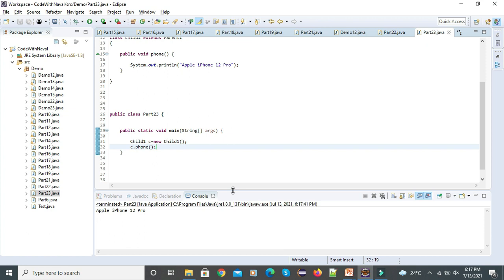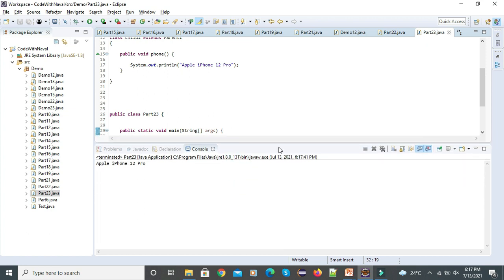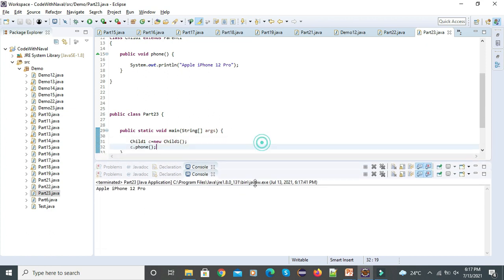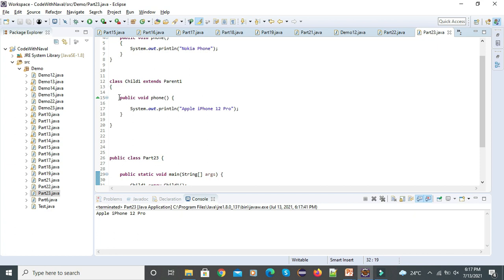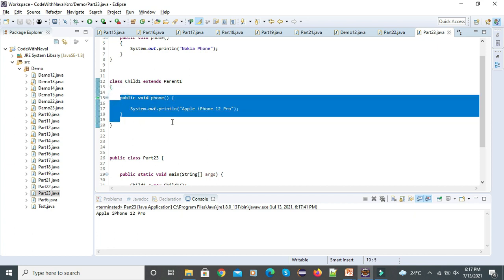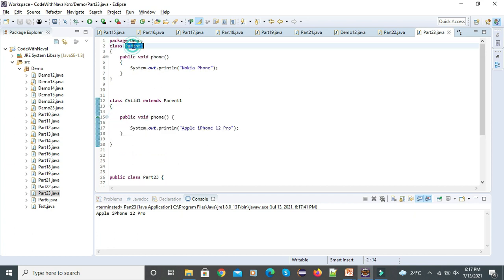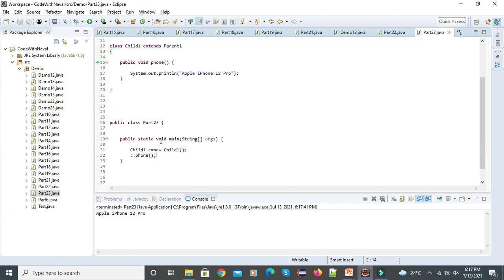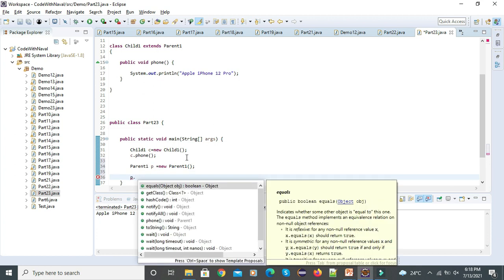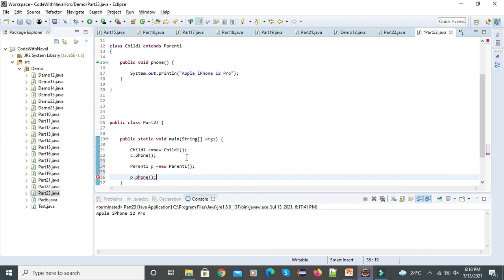Now let's run this. You can see we got Apple iPhone 12 Pro as output, because the child overrides that method. But if you create a parent object, I'll simply create Parent p = new Parent(); and here also we call the p.phone method.